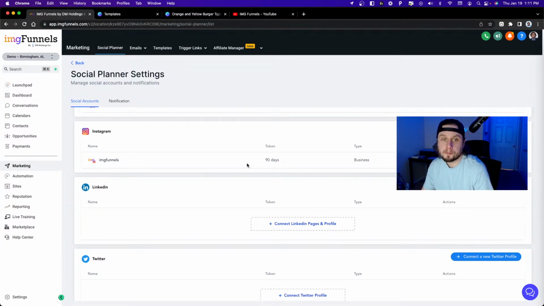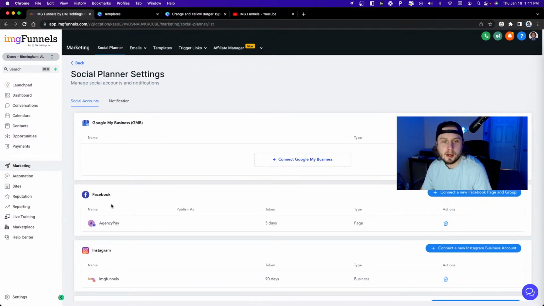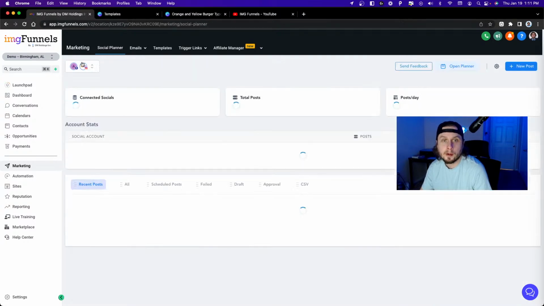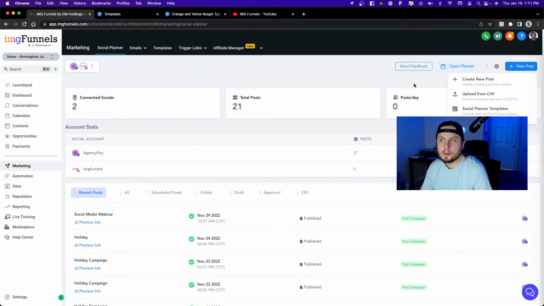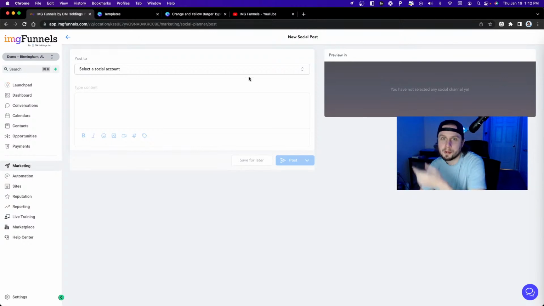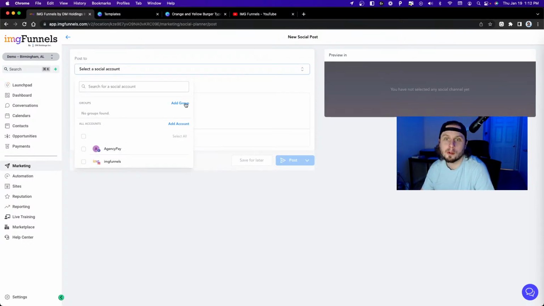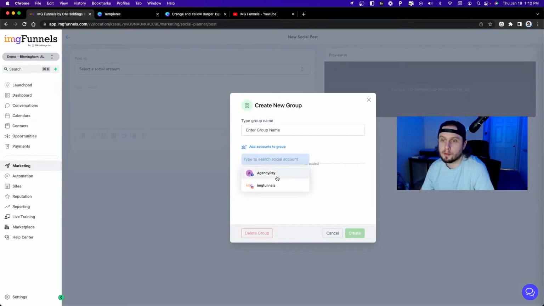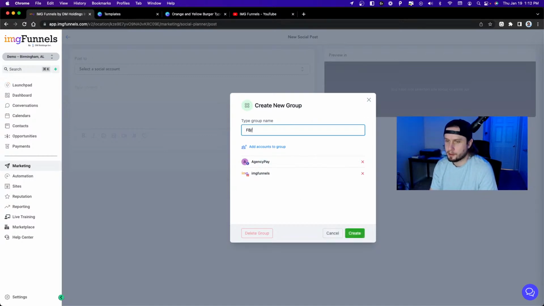And then, so now we've got Facebook and Instagram. Whenever we create a post, you can select from a group. So, like right here, you can add, this is like Facebook, IG. Now,